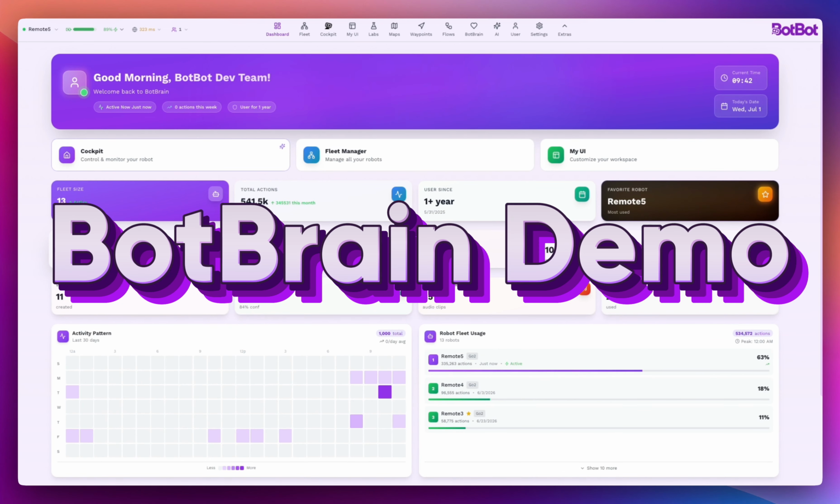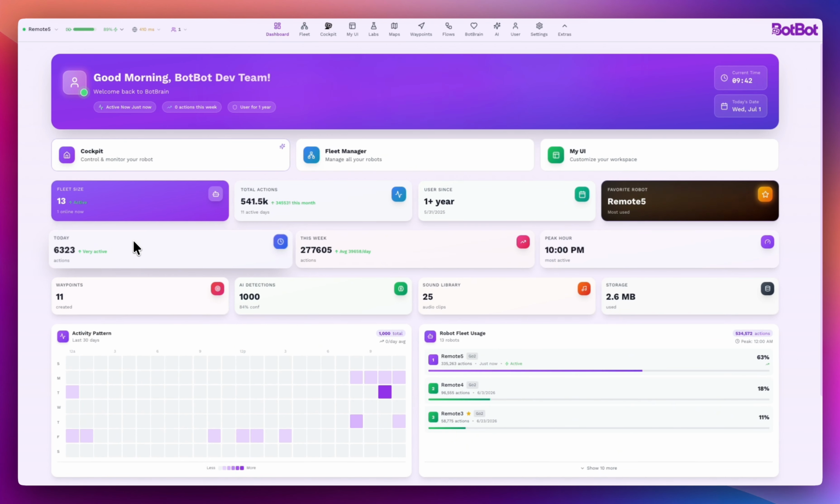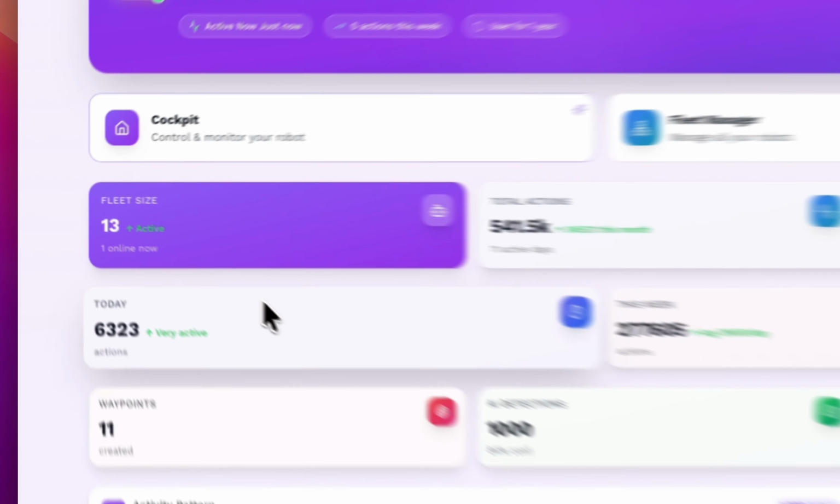Cameron, founder of BotBot. In this video, we're going to do a quick demo of our BotBrain system. We're using the BotBrain Pro for this demo, so some of the features may or may not be available on BotBrain open source. So to get started, we're right now on our dashboard, and in our dashboard, we have basic information